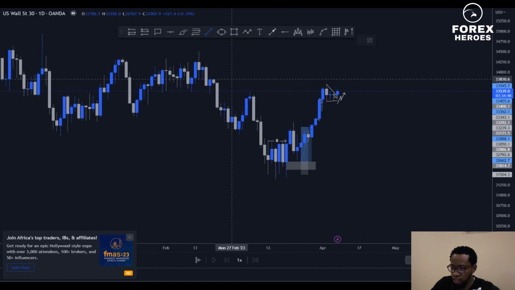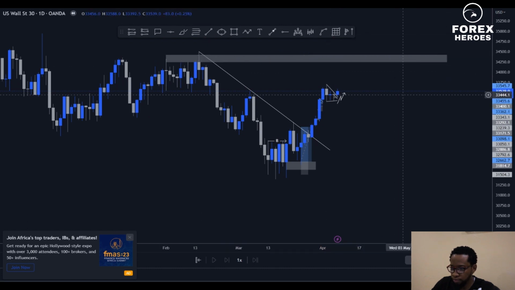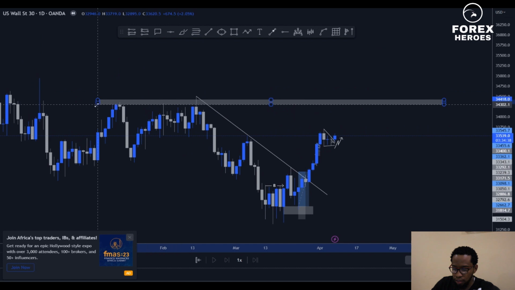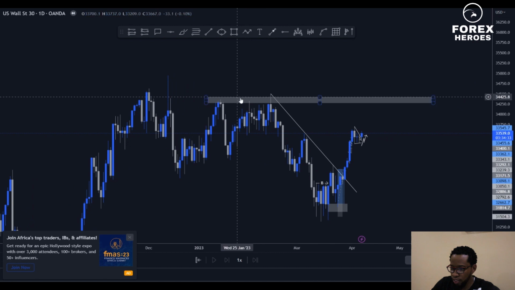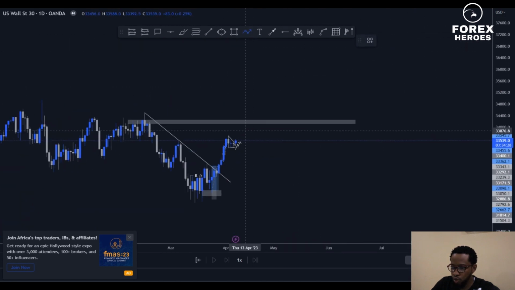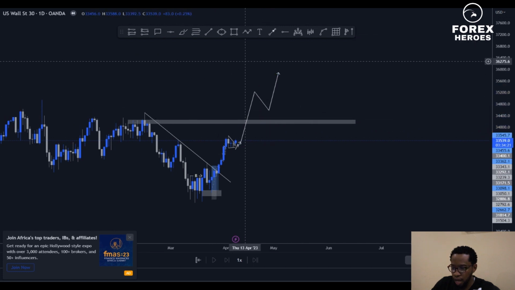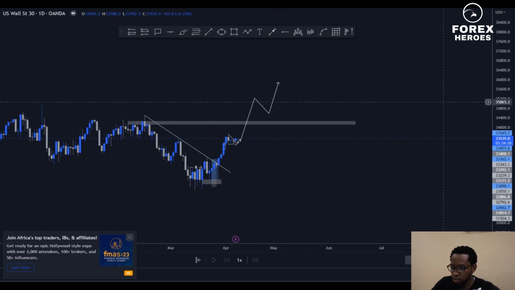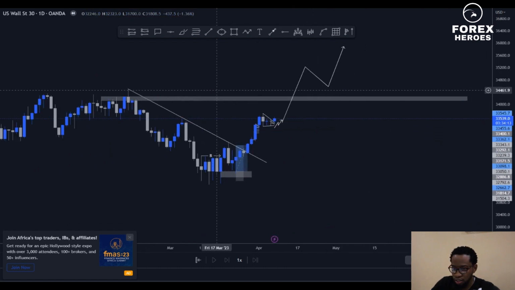So can you see that we have this big move that we are still anticipating to push up to this supply area? But if we break this one, I expect the market to do what? I expect the market to keep on pushing up, creating what? A new high. So I'm saying something like this, create a new high. Obviously, something like this, and you can have something like a high, higher low, higher high. So this is what I'm expecting to happen currently on